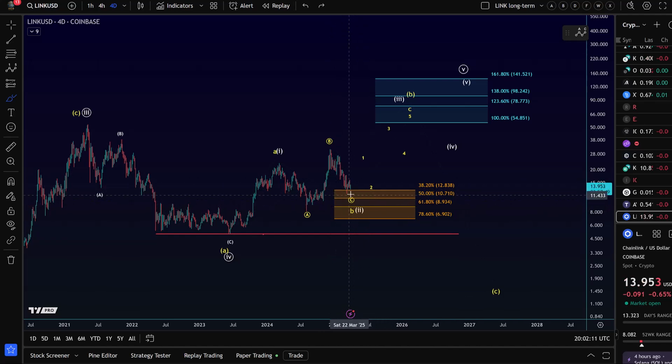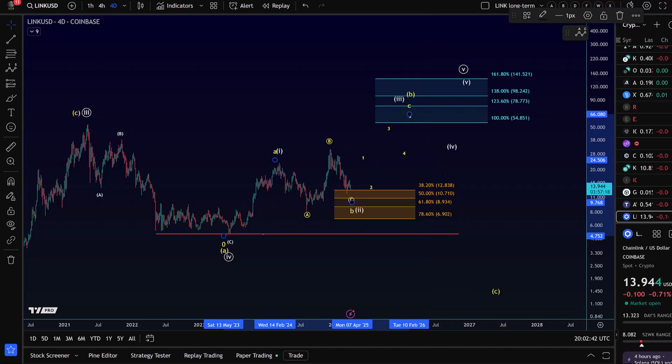We're watching if the market can generate some kind of an upside reversal from this region between $6.90 and $12.83. From here somewhere, a C wave would ideally start to the upside. Where should it take us? Well, if it's starting from here, then $55 would be an ideal target, because this is the 100% Fibonacci extension, and the 100% extension is an ideal target for an internal C wave. So we will see if the bulls can drive the price higher towards that area. $55 would be an ideal target.